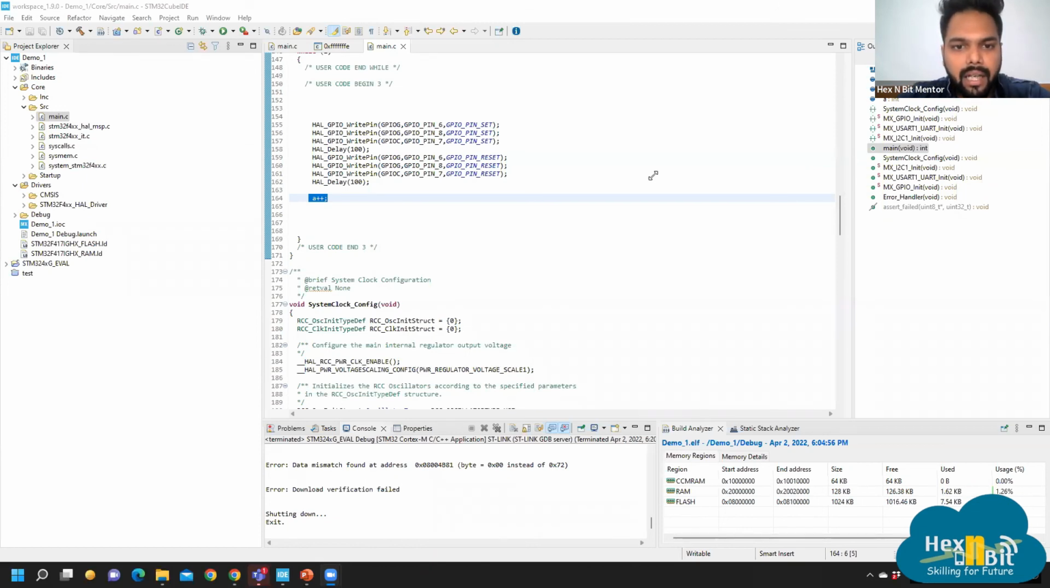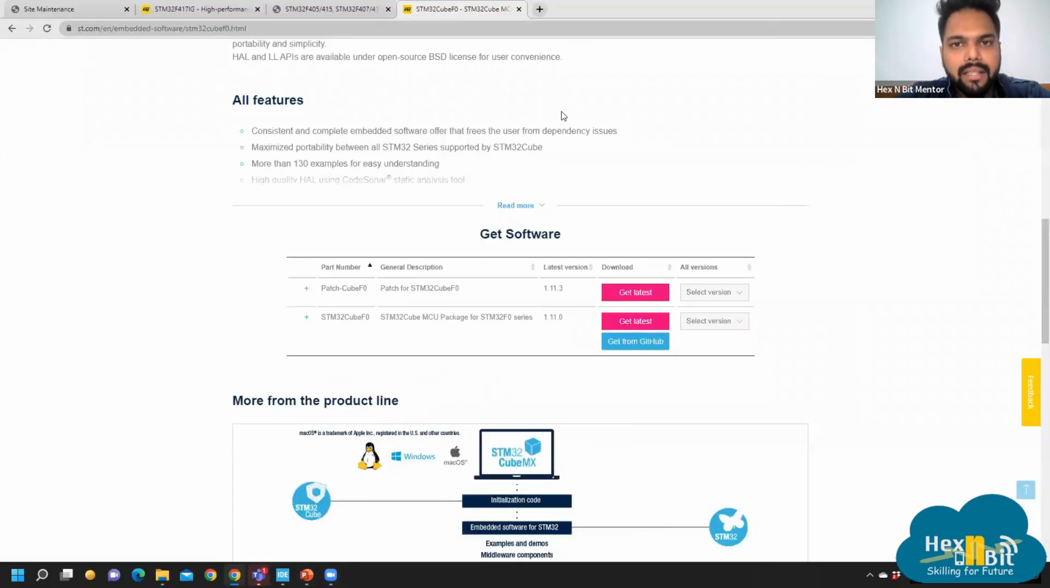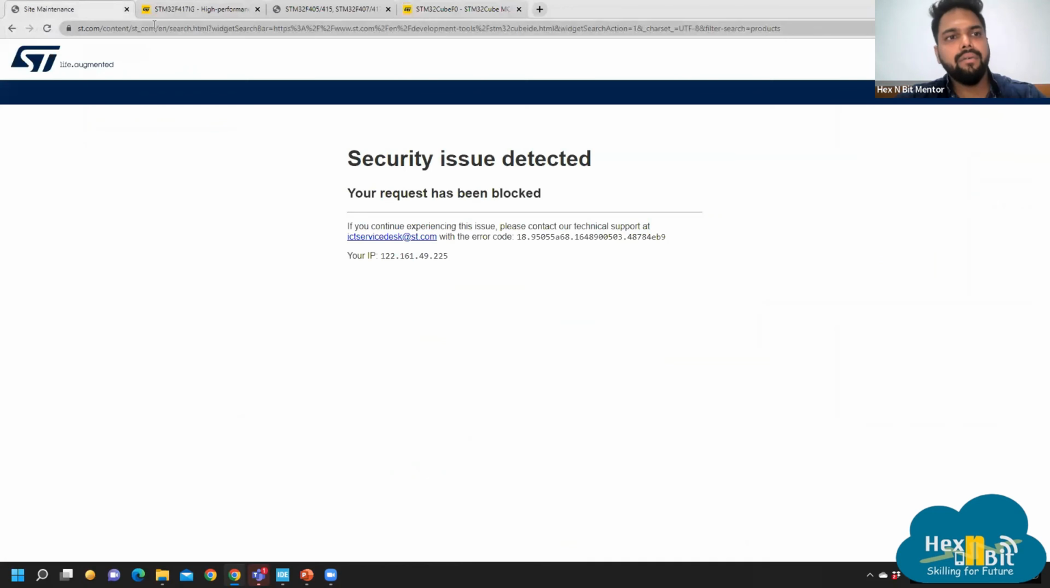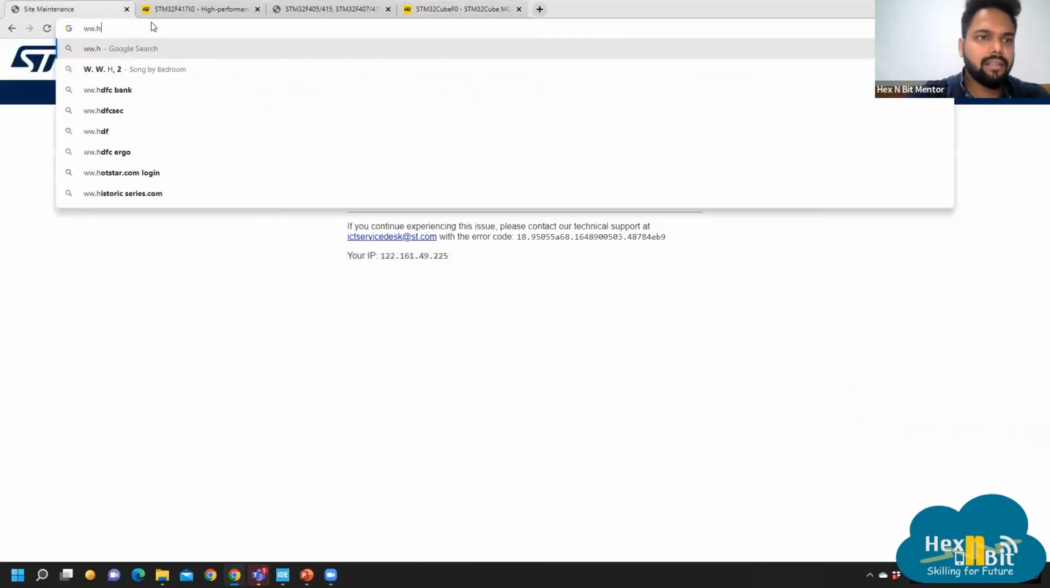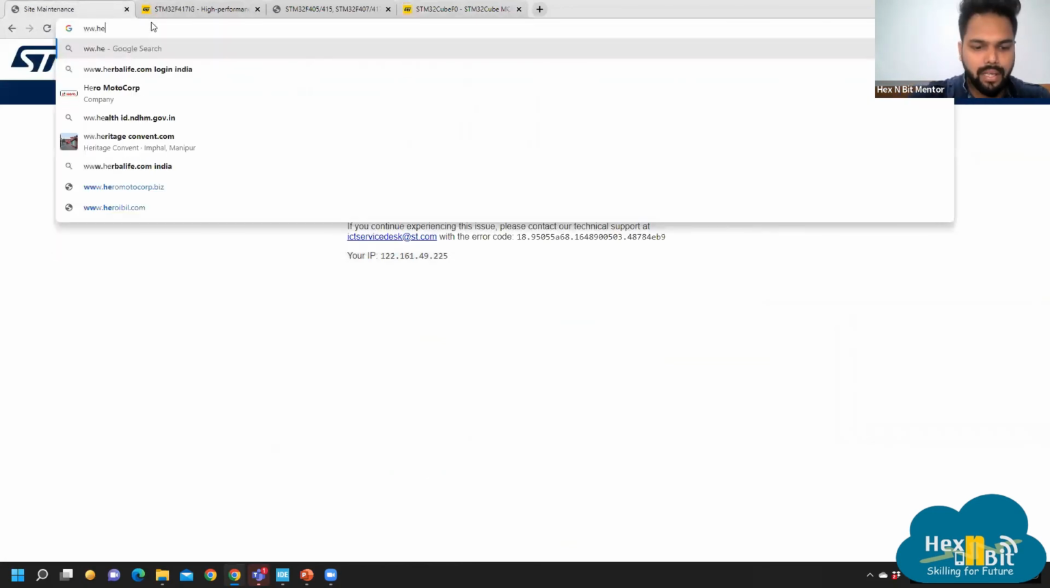And apart from that, everyone, that is it. About the session, we learned about various things about STM32. So before closing the session, I just want everyone,